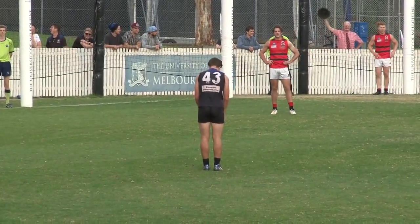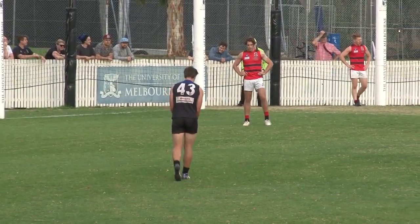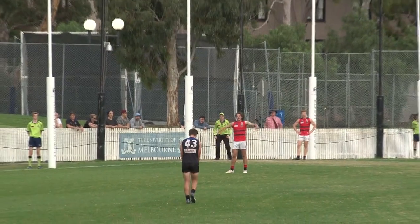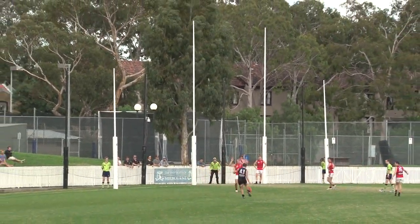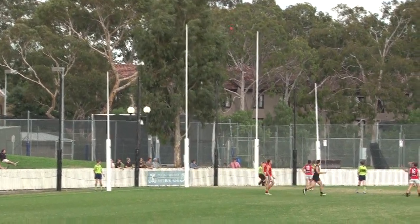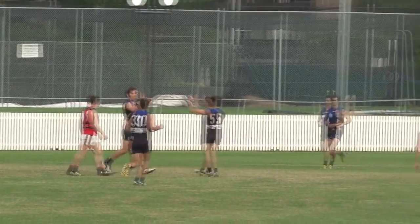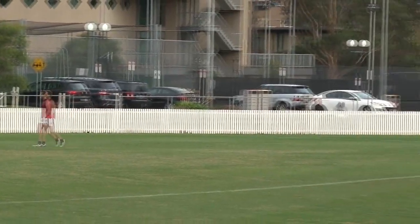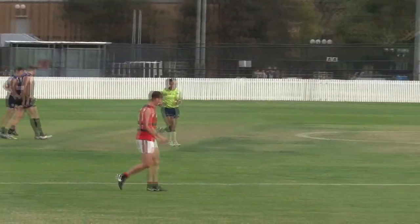This to stretch the margin to beyond 6 goals. Wow. And this, dare I say it, the 5.5 minute mark of the fourth quarter could be it, bar the shouting. So Robbins opens the angle up and puts it straight through. Well, they're smashing them. So this could be a famous victory for the Xavs, having been 6 goals down in the first quarter. And now go to